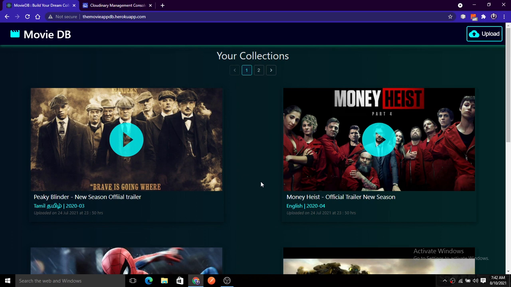A lot of guys have been requesting me to build a full responsive application in MERN stack, and here we are. As you have already seen the UI mockup in the thumbnail, also for the responsiveness of this design.